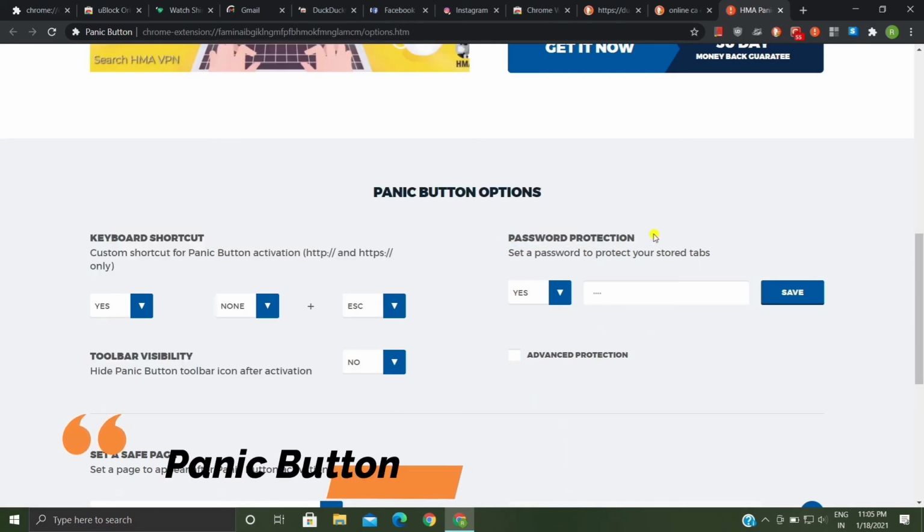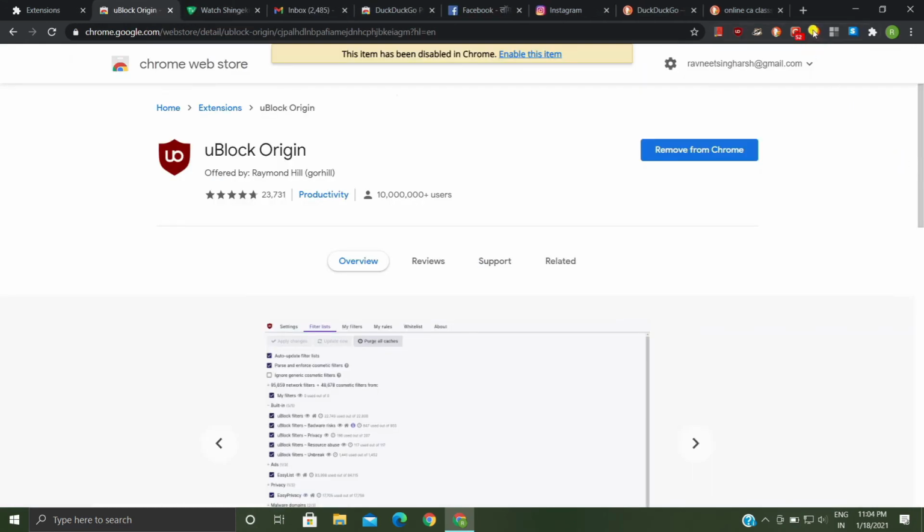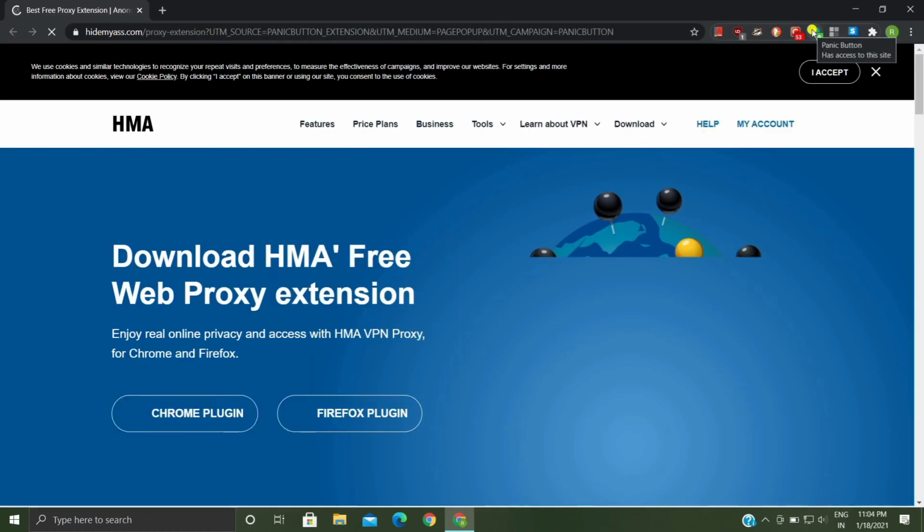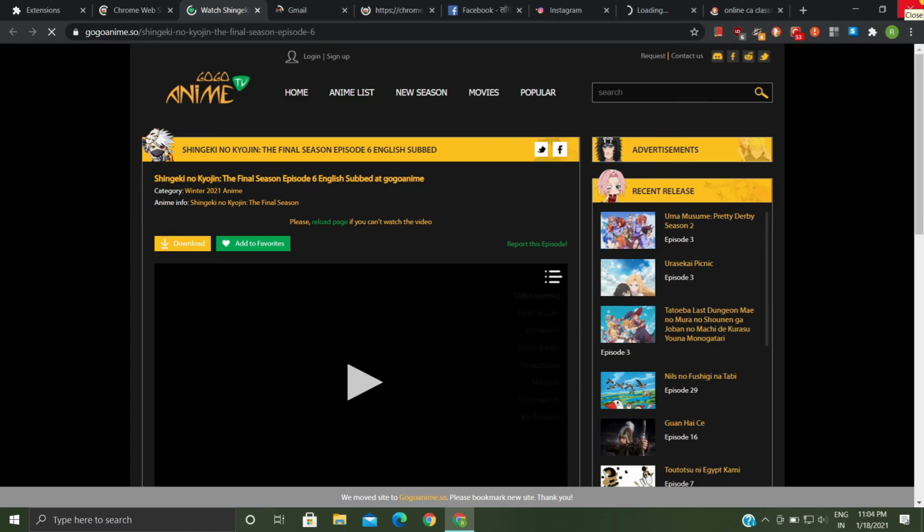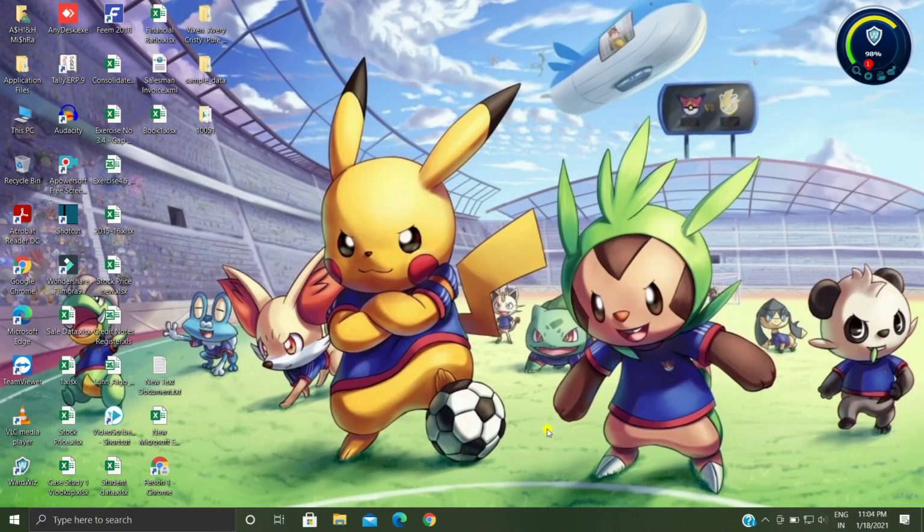I have been talking about protecting privacy online, but what if someone is watching you from behind while you browse? Here you can use Panic Button. It's a very simple extension which quickly hides all the tabs when you click on its icon, which does not sound interesting to be honest, as you can always click the close button to close the browser completely if you suspect someone is watching you. But you know that once you close the Chrome browser and reopen it, it automatically loads all the tabs which were open before you closed it.